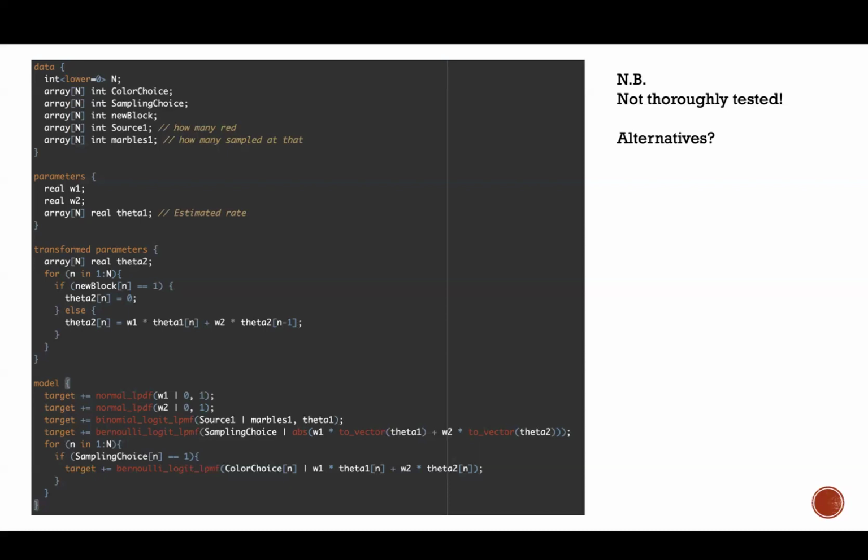And then, only for those rows in which sampling choice is equal to 1, we have a model that estimates the color choice as a function of W1 times theta 1 plus W2 times theta 2. And I know all of this is a mouthful, mindful, brainful, something, right? But it's just to show that once you start to think in a generative fashion, as we've been doing throughout this course, all sorts of fun setups are possible,